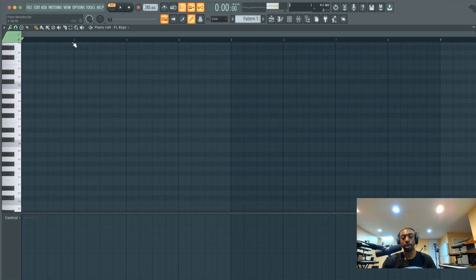Let's right click. Let's go to piano roll. Now keep in mind, we're going to have to work at a smaller increment. So usually I keep mine on half beat. We're going to have to work at a quarter beat because the tempo is going to go so fast that again everything is smaller.